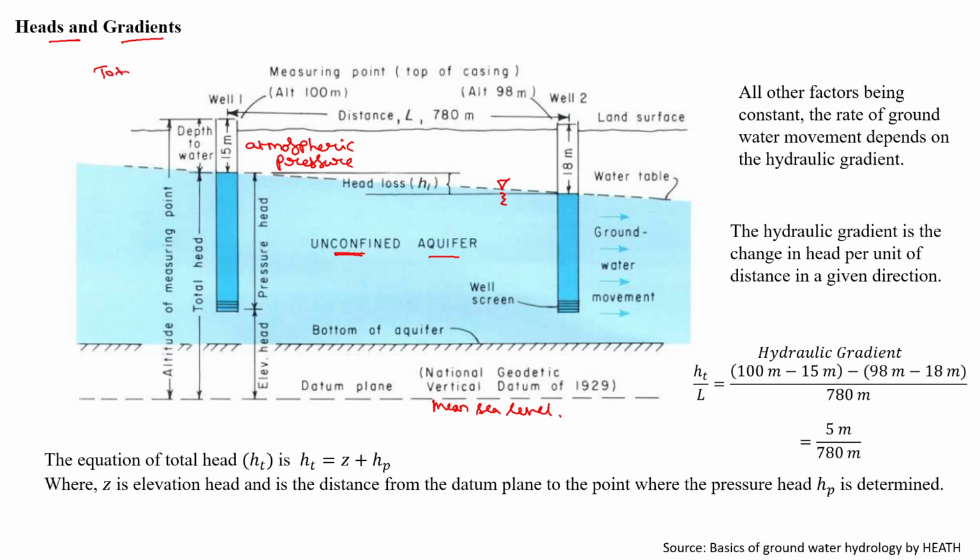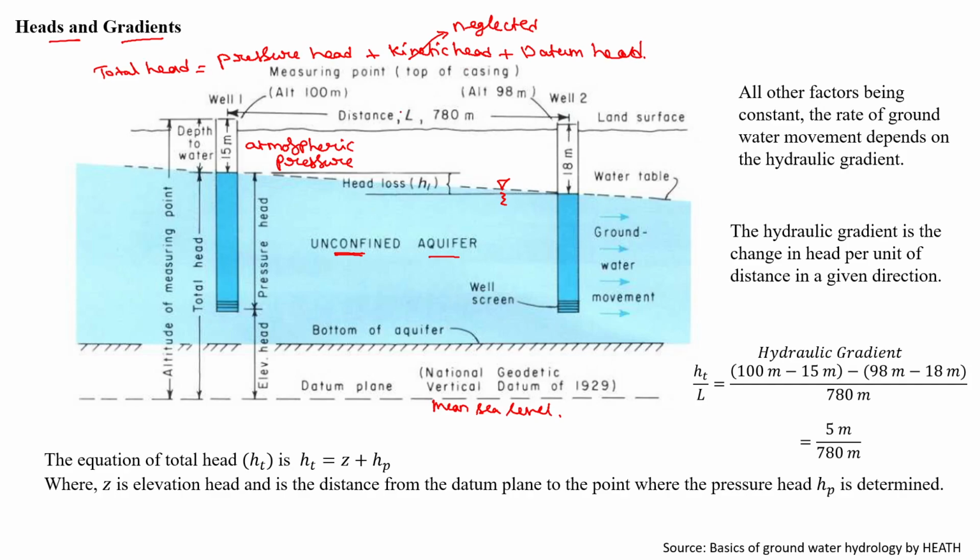Total head will be pressure head plus kinetic head plus datum head. But in the case of groundwater, the kinetic head can be neglected, because the velocity of the groundwater flow